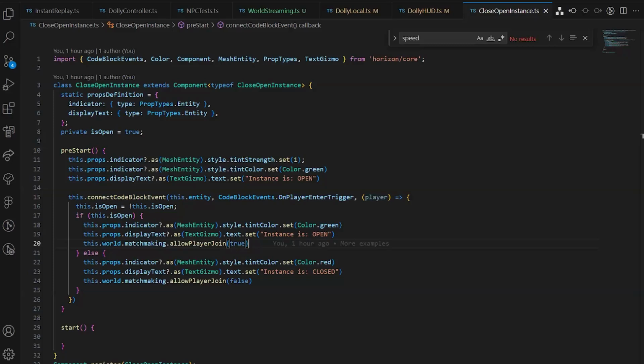So the player is going to be invited. Then when they try to join that closed instance, they're going to end up in an instance on their own. So that's actually a very good question